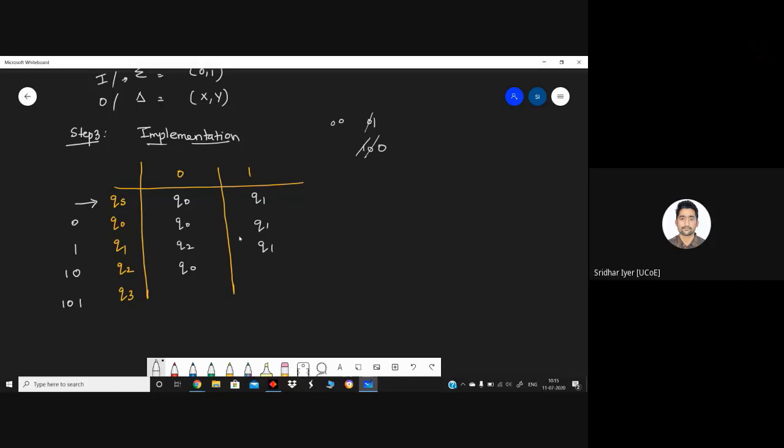Okay. Next up, sorry, 101. 101 is a state again, that is Q3. Here, with the same logic, I can write Q2 over here and Q1 over here. Why? Because it becomes 1010, 1010. So if I remove this state, it becomes 010. I'm not having any state corresponding to 010. So again, I will backtrack, but I am having a state with 10, that is Q2. The same logic, I will write Q1 over here. So clear with this table? This is how I got the initial table, that is the transition table.